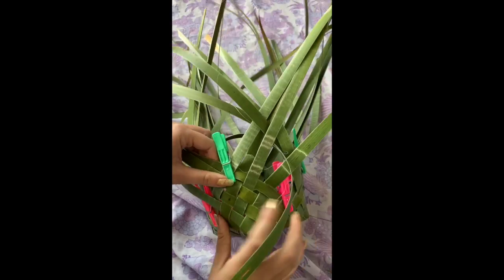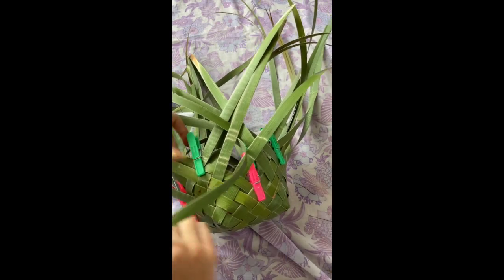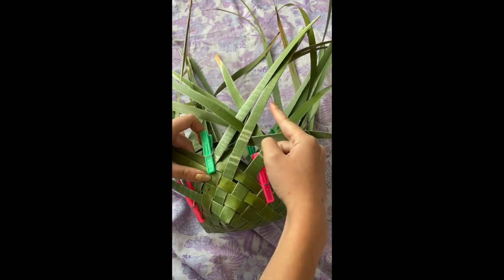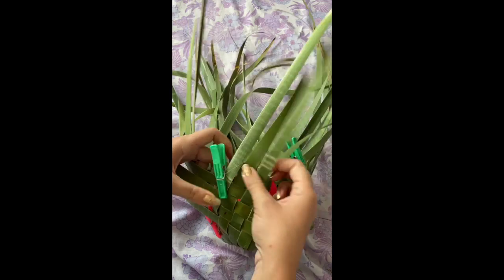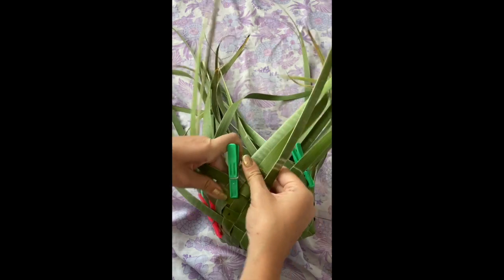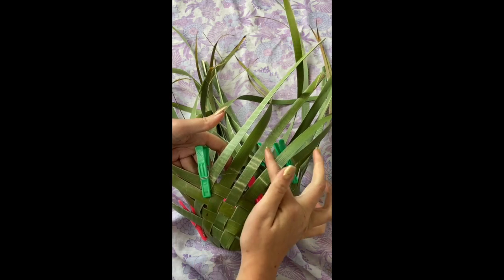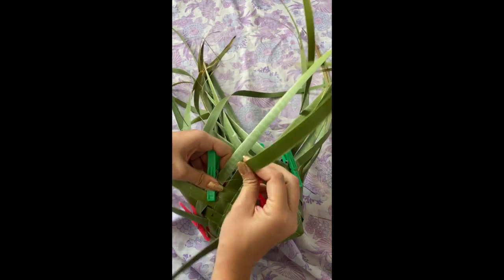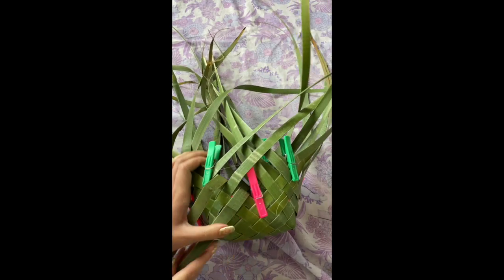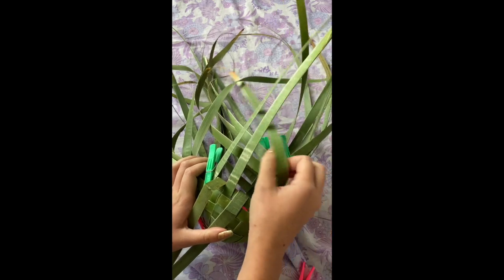Cool, so starting at one of the green pegs, we're going to be weaving in the strips going up to the left by pulling down the strips that go up to the right. So it's just like how we did before, the takitahi, which is over 1, under 1. We're going to fill in this first gap here by pulling down every second strip. So this strip goes down and this strip goes down, preparing a space for this strip to then come over,